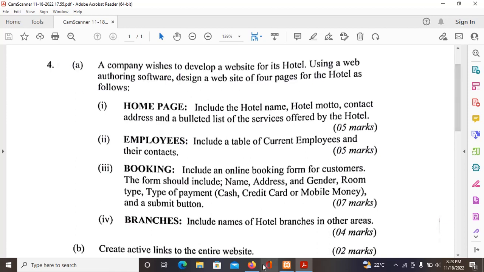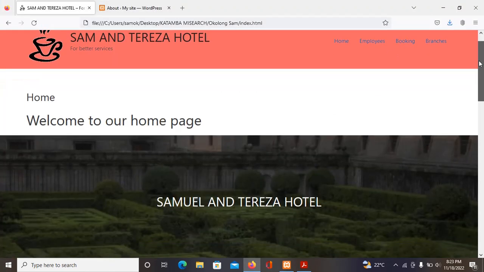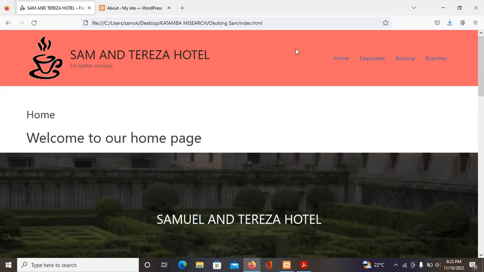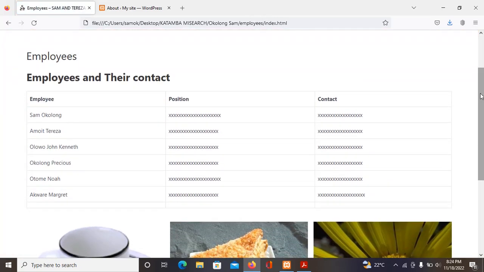And here is the sample of the website. We want to come up with something of this kind. We have the home page here, Sam and Teresa Hotel for better services. Then employees, we have the employees there in table form where we have the names, position, and their contacts